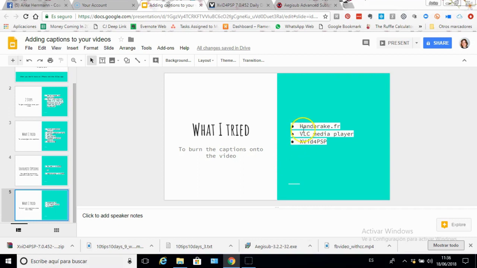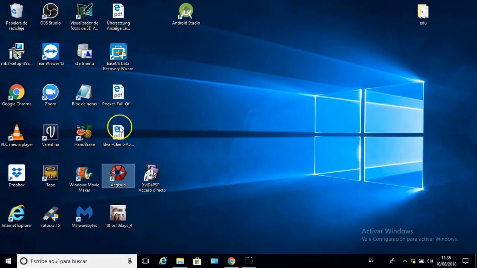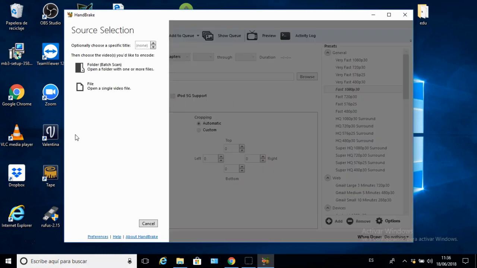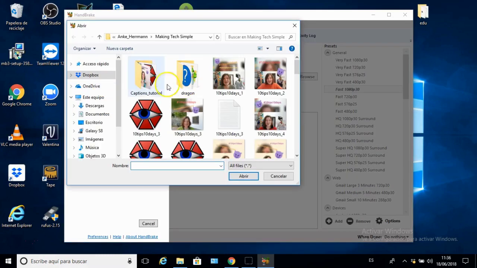And so there is an application called Handbrake, which you can download for free, and it's helpful to have because it also allows you to compress your videos into a smaller file size, and there is an option to burn subtitles onto a video. The only problem I found with it is that it only allows you, so you open up your video file,